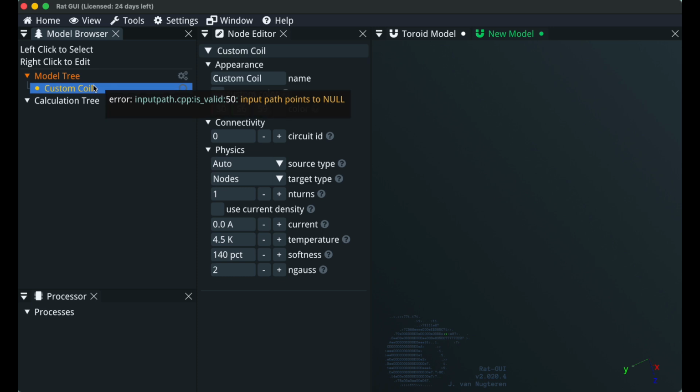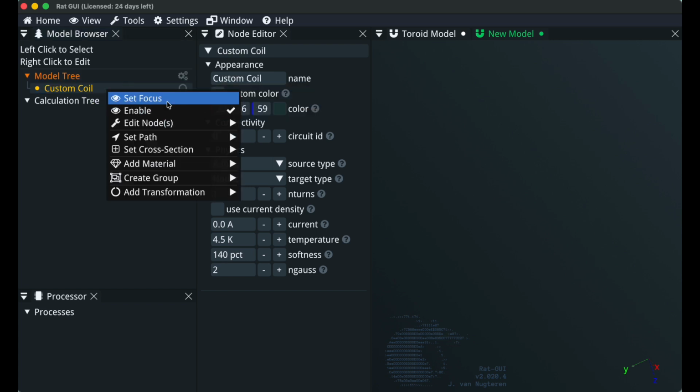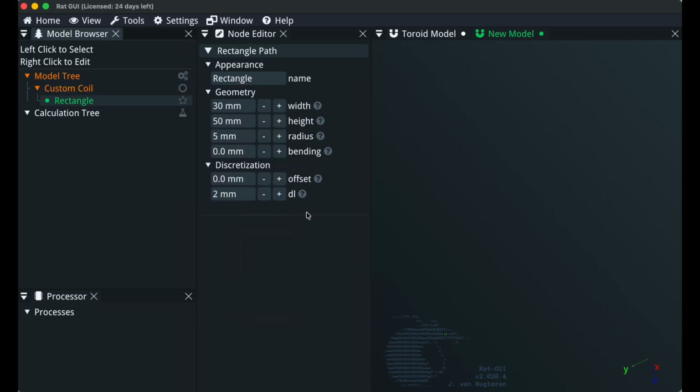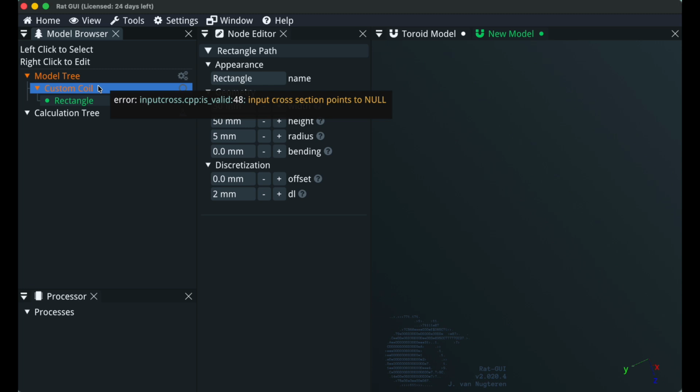So I right click model tree and add a custom coil, and then when I hover over the custom coil it says that in fact there is no input path yet. So that's the first thing we'll do. I'll select just a simple rectangular path because it's about the cross section, and now it's still asking for a